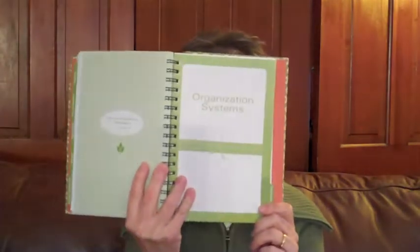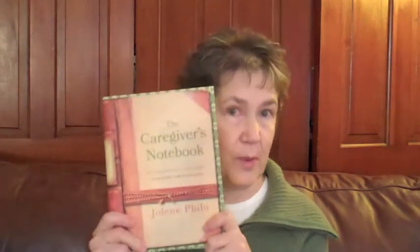The final section in this book is called Organizational Systems. And this notebook, as I've mentioned before, was created to be a portable notebook that you can take with you to appointments. But if you're dealing with a child who has been identified as a special education student, who has IEPs, there's lots more paperwork than can be included in this. And depending on your loved one's caregiving situation, you may need larger organizational systems. And so that last section of the book invites you to visit my website where you are now,